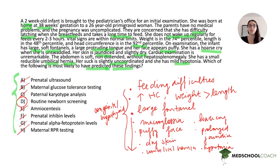And so when we're told that the infant was born at home, this is giving us a clue that the newborn maybe didn't receive all the newborn healthcare maintenance things, like the newborn screen, which is done at 24 hours of life typically, the hepatitis B vaccine, vitamin K injections to prevent bleeding, erythromycin eye ointment to prevent neonatal conjunctivitis. So all those things are part of routine newborn care in the hospital. And so the fact that the baby was born at home was a clue that maybe they did not receive